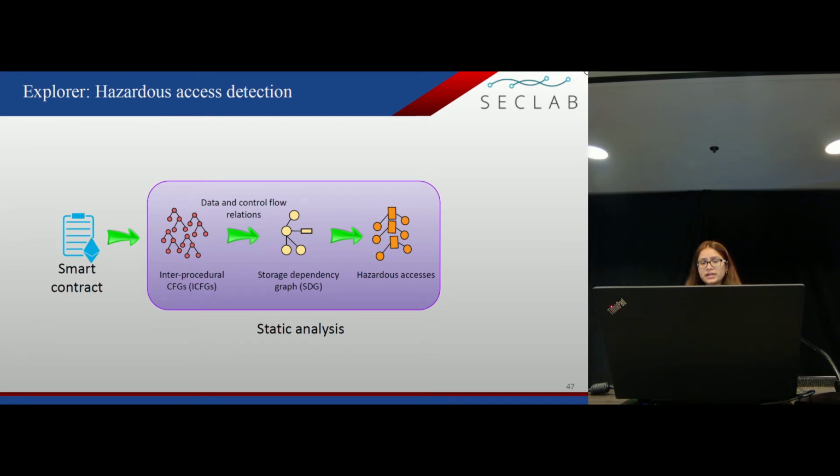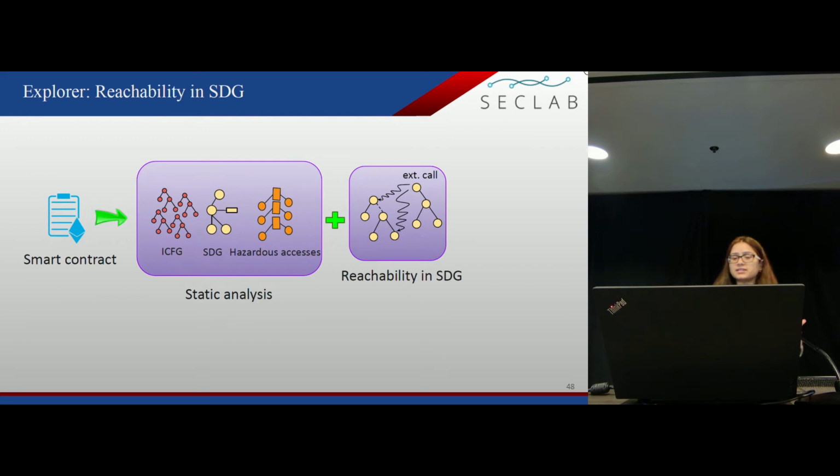Given a smart contract, it builds an interprocedural control flow graph. From that, it extracts the data and control flow relations, and then it builds a storage dependency graph that is known as SDG. After that, it extracts the hazardous access pairs. Now, for each such hazardous access pair, it checks whether the true operation belonging to a hazardous access pair is